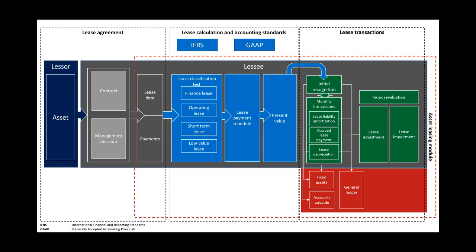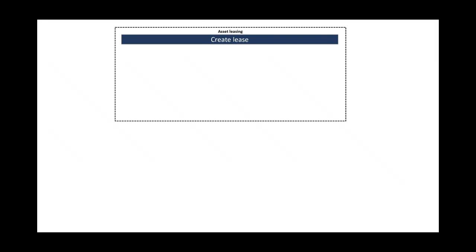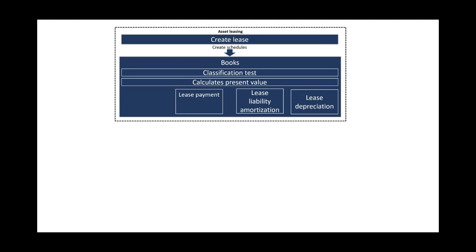So what we are covering in the asset leasing module starts from the lease master data, the payment, and the lease classification till the end. I will be moving on to what we are doing in the system itself. So when we create the lease, then we create the schedule. When we do the create schedule, the system will